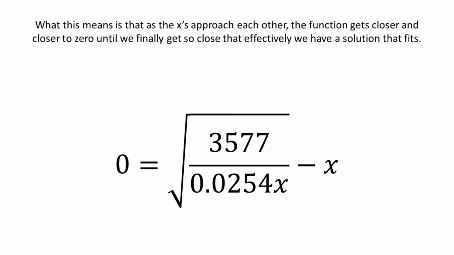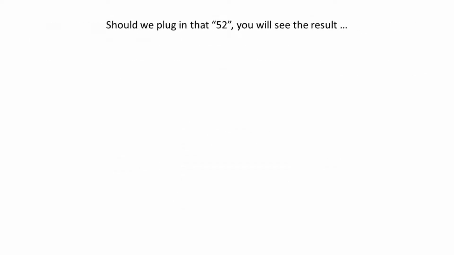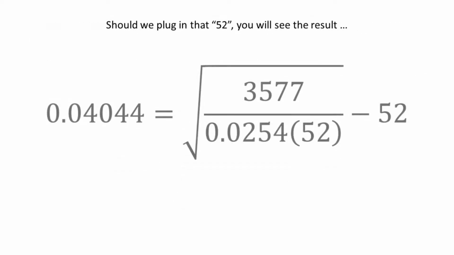What this means is that as the x's approach each other, the function gets closer and closer to 0 until we finally get so close that effectively we have a solution that fits. In other words, as our 52 beats per minute approaches our 52 inches, the equation will give us 0. Of course, plugging 52 into the x will not give us 0. So what shall we do? Shall we plug that 52 in? You'll see the result. So it gives us